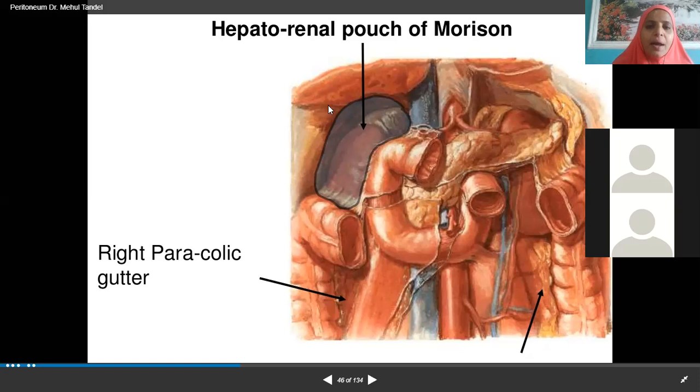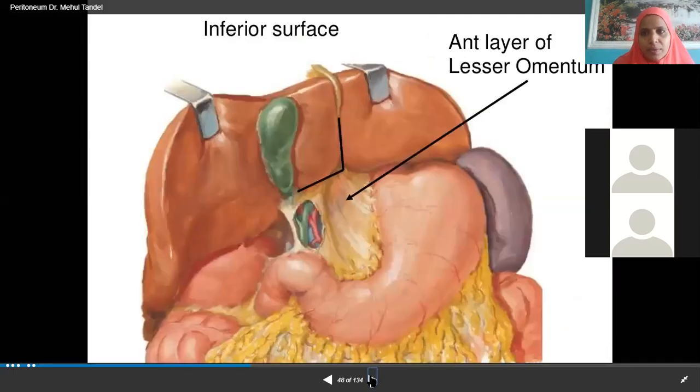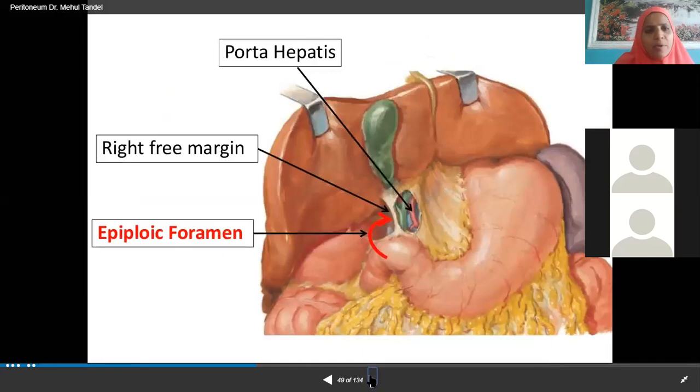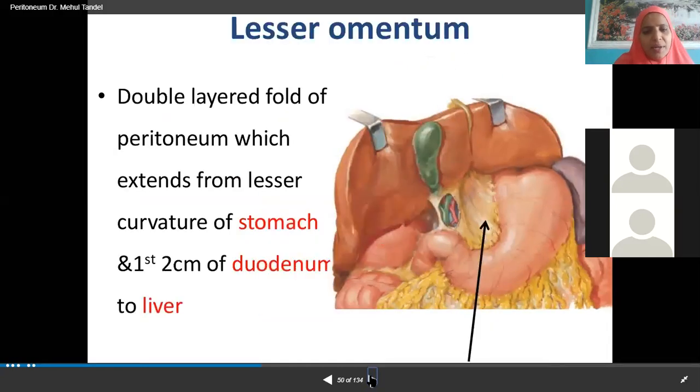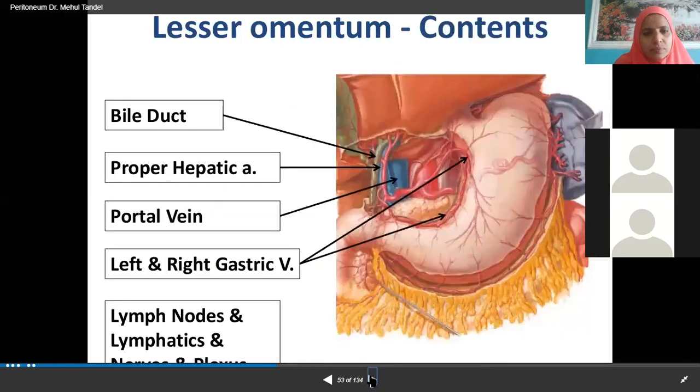And this area between the anterior surface of the right kidney and the right lobe of the liver, we call it the hepatorenal pouch or Morrison's pouch. Okay, so this is the lesser omentum. Already I have explained so much. Okay, this is the lesser omentum. I'm going to skip the epiploic foramen. Boundaries also we have seen very well, in fact, isn't it? Thickenings also we have done.